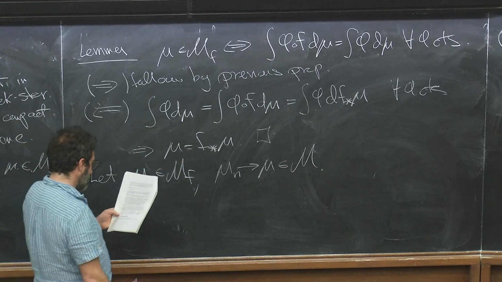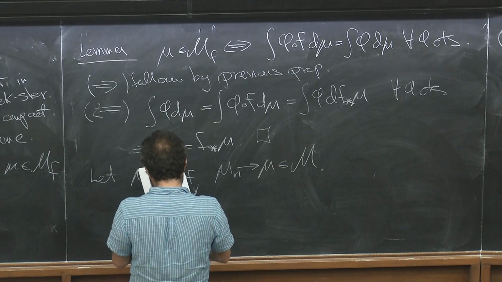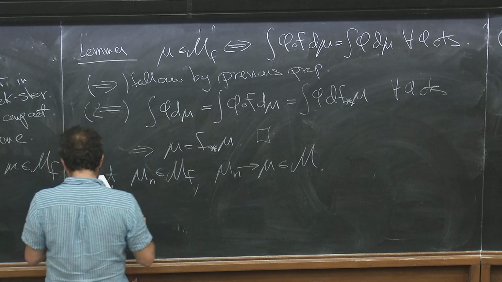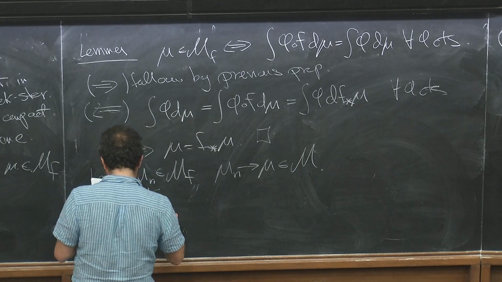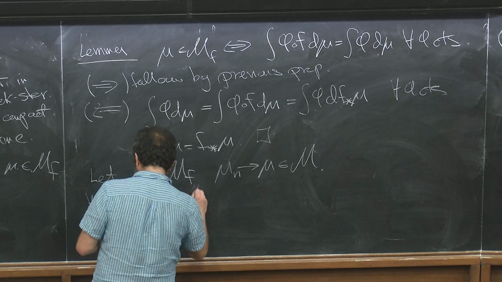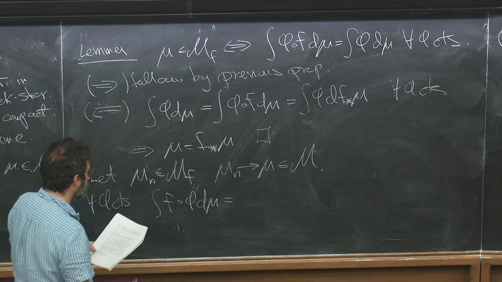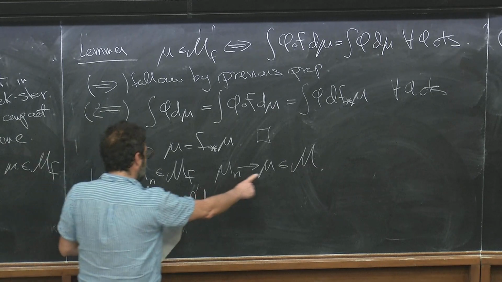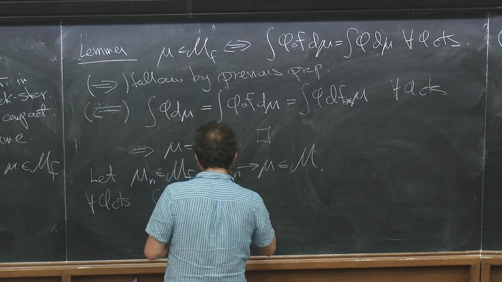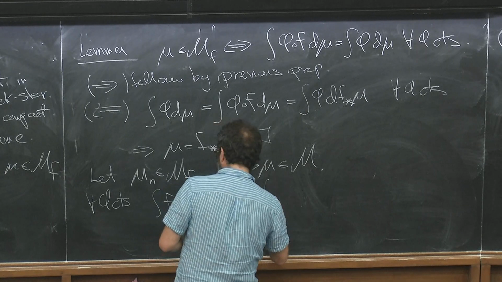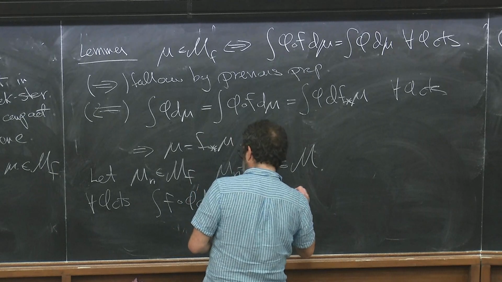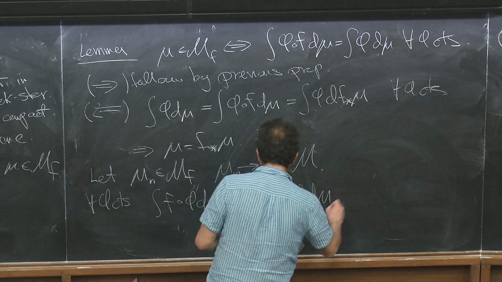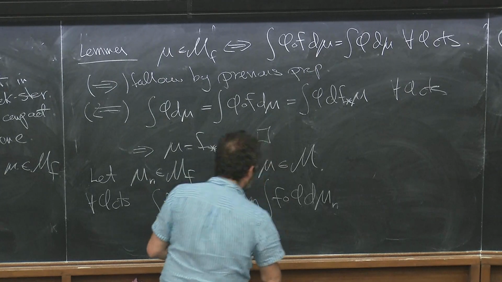So we have that for any continuous function, by the lemma before, for all phi continuous, (these things are really better that you do on your own, actually), the integral of f composed with phi d mu is, by definition of this convergence here, since this is continuous, equal to the limit of the integral of f composed with phi d mu n, and this is equal to the limit of